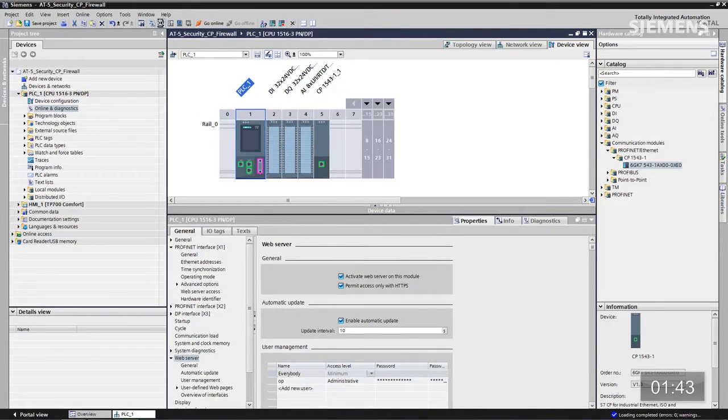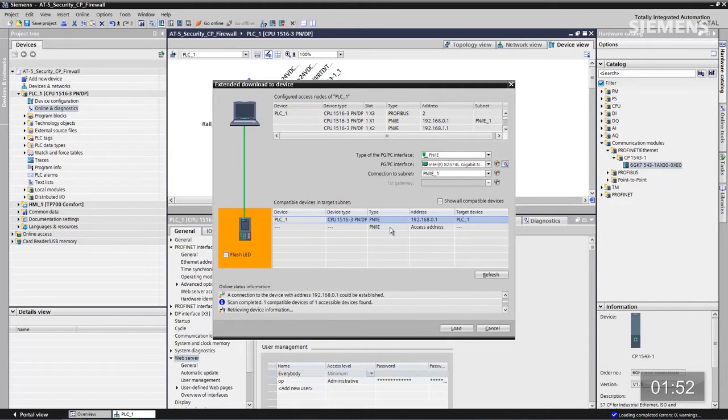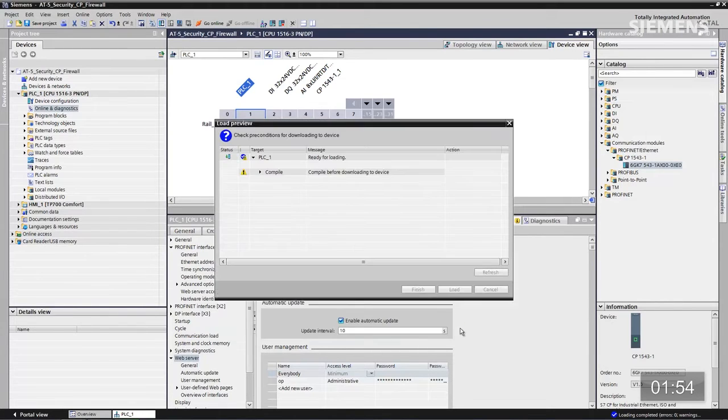At this point give focus to the main CPU and click on the download arrow button. He's going to navigate out, try to find the IP address of the current control system. Once he has, in this pop-up box, now I can see him. I click on the load button. Now he's going to compile this completely, and once I get the complete configuration compiled, I can actually say stop all, click on load, click on finished, and now as you can see we have a fully functional system